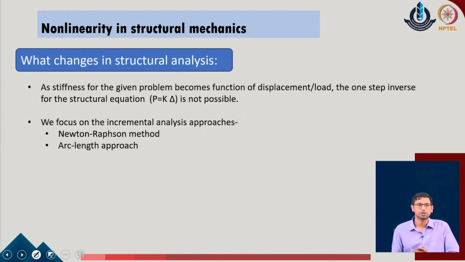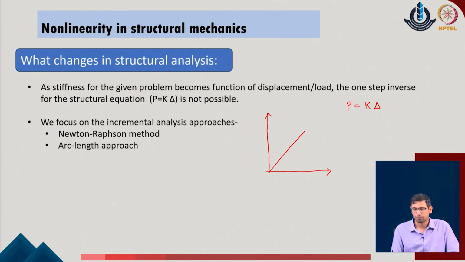Now, what changes with the overall structural analysis? In a regular problem, if you have a stiffness value which is constant, one can easily evaluate the response of the given system. So, if I am looking for the solution of this equation, delta is the unknown parameter for me, and I can easily invert the k value and get the unknown displacements for the given value of the load. Now, this inverse is possible because it has a constant value, and the user can use some standard numerical approaches to invert the matrix and generate the unknown displacements in the system.